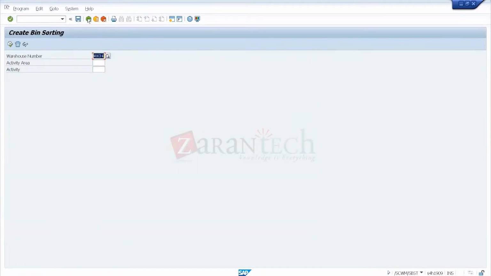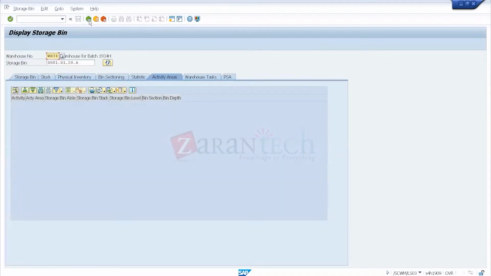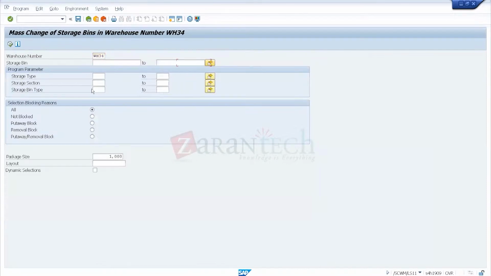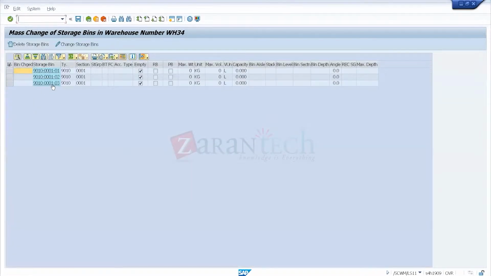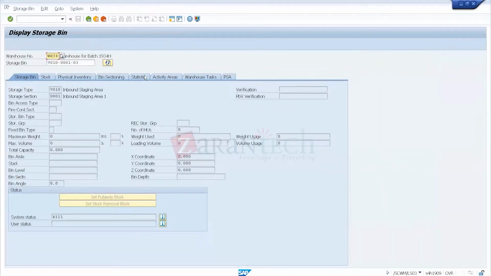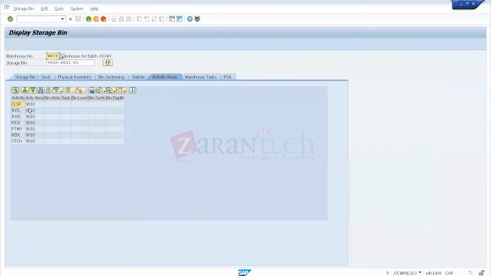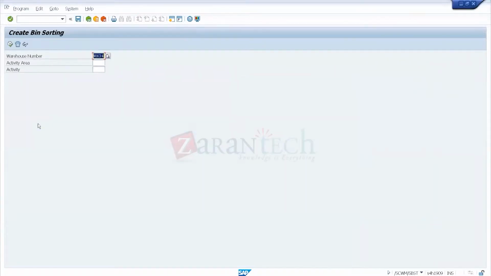So now 9010, let's look at the bins of 9010. I've just sorted them. You can see now they all are assigned to activity area 9010. And if I want to see the sequence for the bins, I'll just come here and